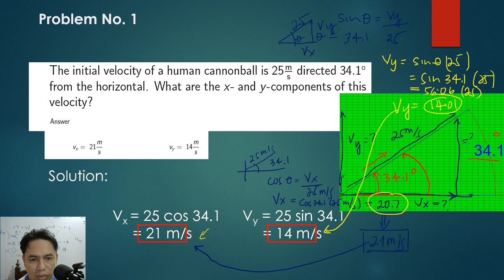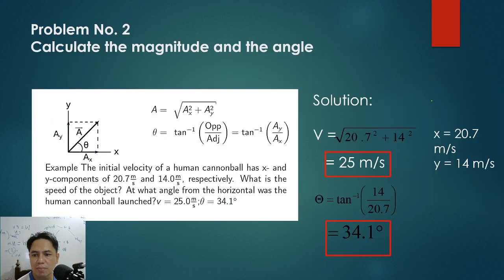So let me use the exact 20.7. Let me draw. The initial velocity of a cannonball has an x component. If you have a Cartesian plane like that, the x component is 20.7. If this is the x and y axis, I'll be pulling out another color, we have an x component which is